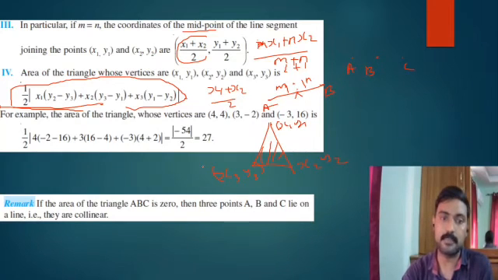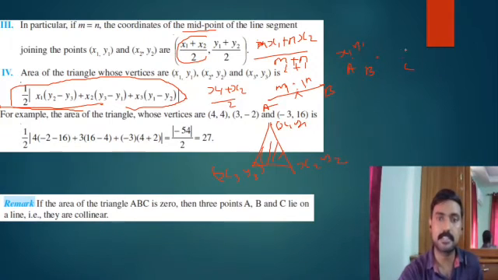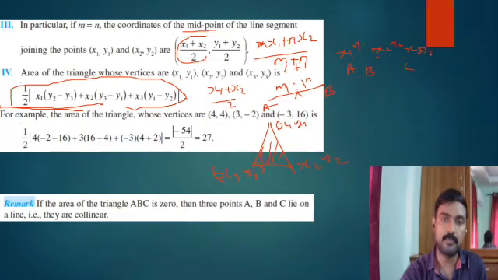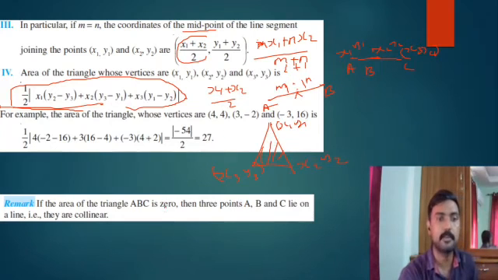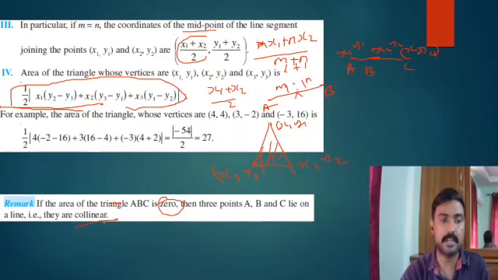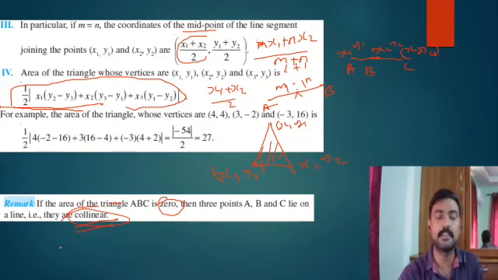In such cases we use this equation, where this is x1, y1, this is x2, y2 and this is x3, y3. If we go to find the area of these 3 points by joining them, what will happen? It will become 0. Why does it become 0? Because the points are in a line. So it is known as collinear. We already studied and practiced this in class 10th.